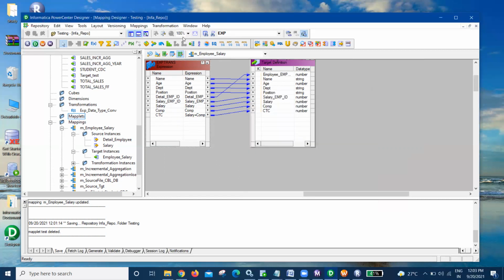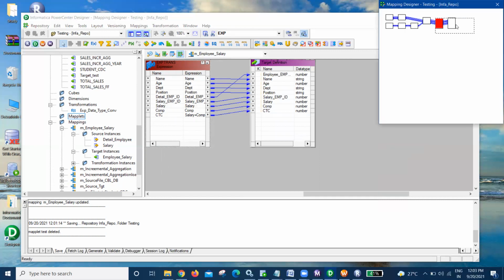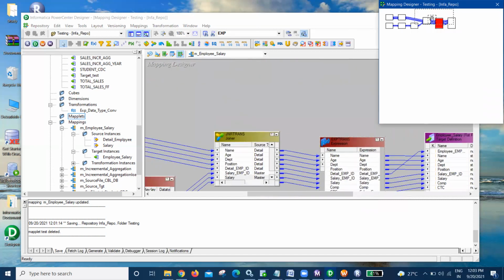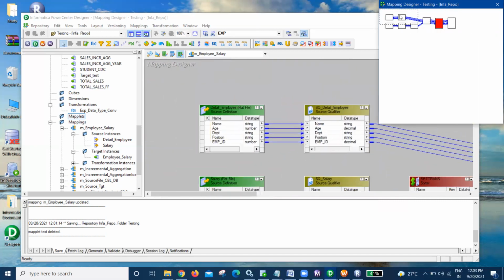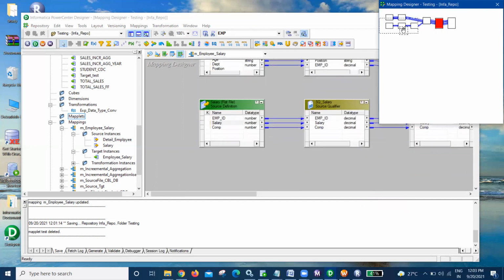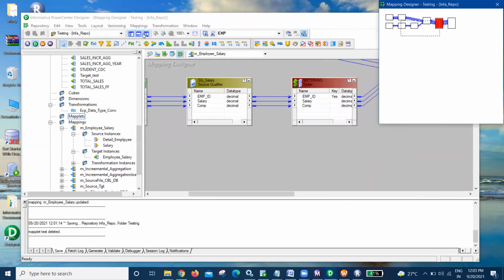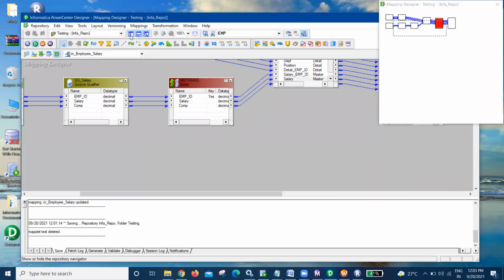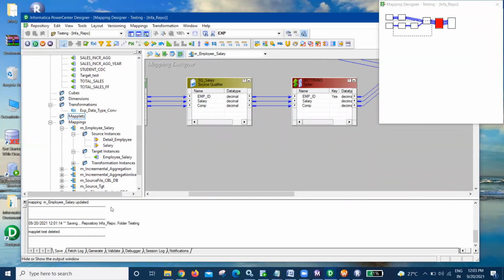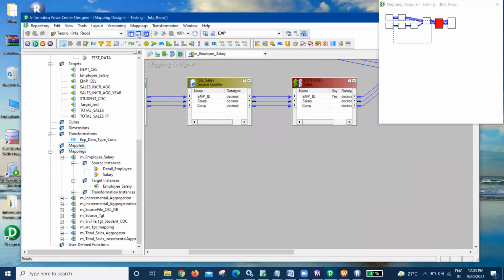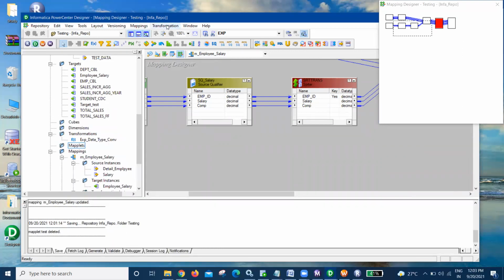And one more thing, these buttons are kind of a zoomer option. You can just scroll this one and highlight to view particular transformations and the pipeline. If you want to see that, you can do it over here. And these are just to enable these panels. Like if I just want to hide this one, then you can click on this, you hide that one, click on it again. Similarly for the bottom one, click. And the transformations that you create have shortcuts over here, and we also have options over here.